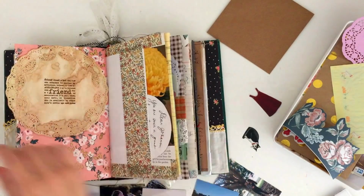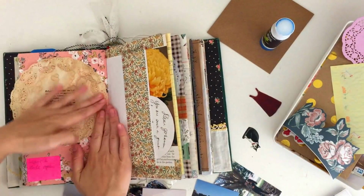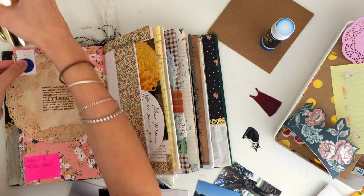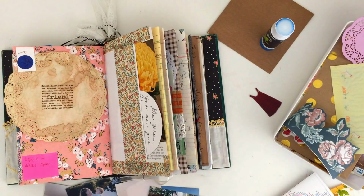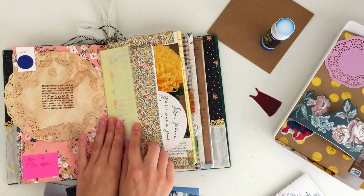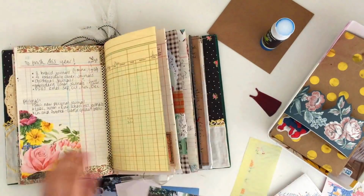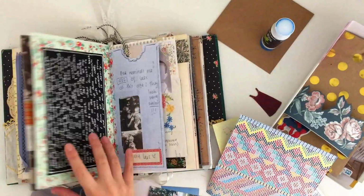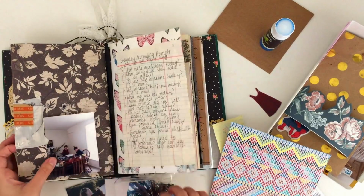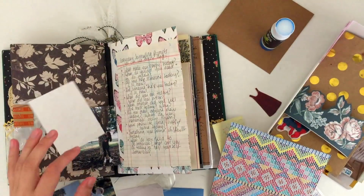So I'm going to talk you through the process, even though it's pretty self-explanatory just from watching me what I'm doing. All I'm doing is just flicking through the things that I have and sticking them down wherever they kind of fit in my journal. I have notes from friends, things that have come in Happy Mail. I have price tickets and labels, and I have some random photos that are floating around. I've got things I've cut out of magazines. I've got things left over from creating my Printable zine. I've got offcuts of wallpaper, paper bags, packaging. I've just got all of this random stuff that I throw into this tub